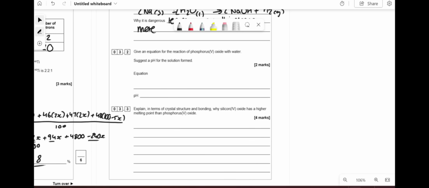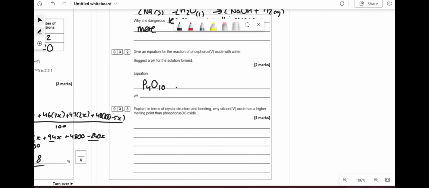Give an equation for the reaction of phosphorus 5 oxide with water and suggest the pH for the solution formed. So you should know that phosphorus 5 oxide is P4O10, not P2O5. That doesn't exist, I think. In AQA, every single exam paper says do not allow equations from P2O5. So it's P4O10,